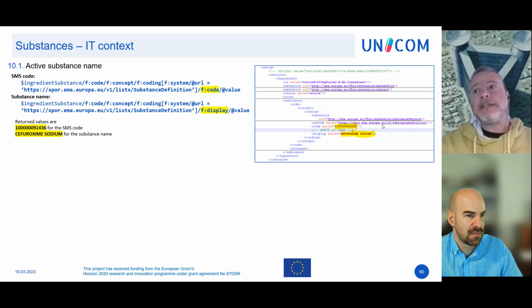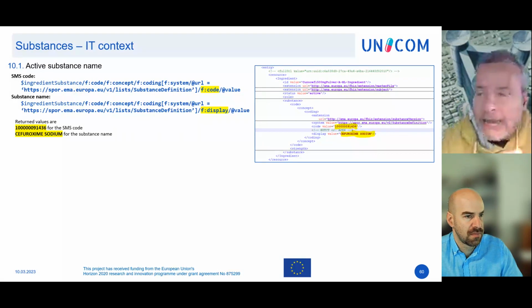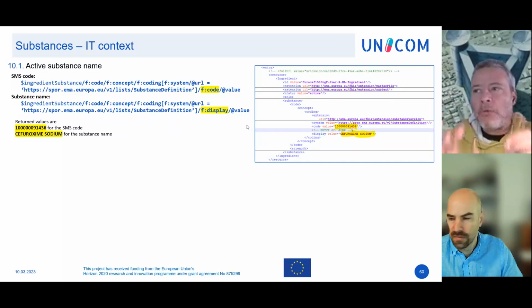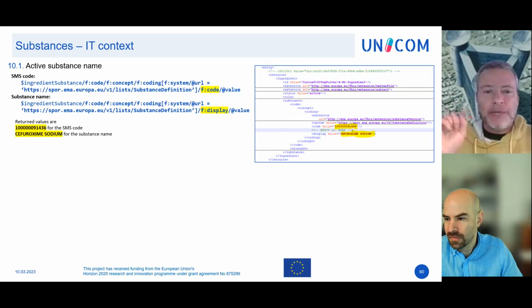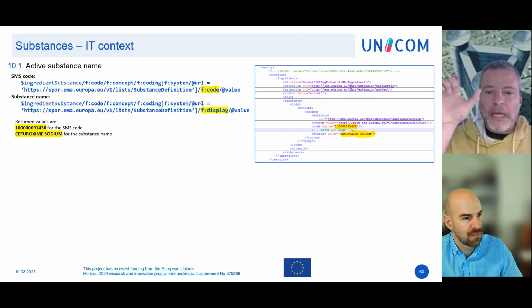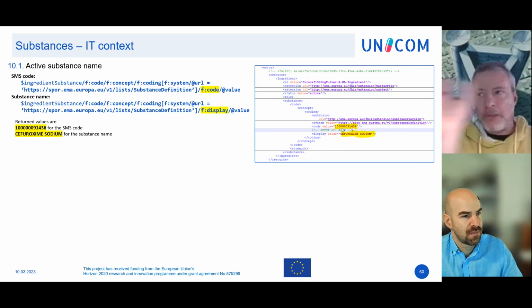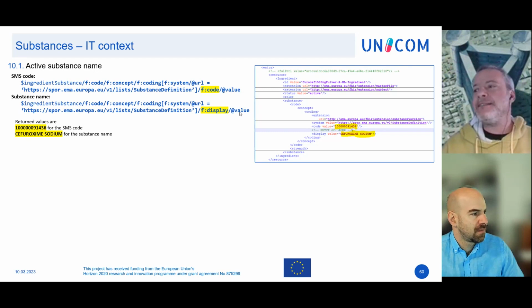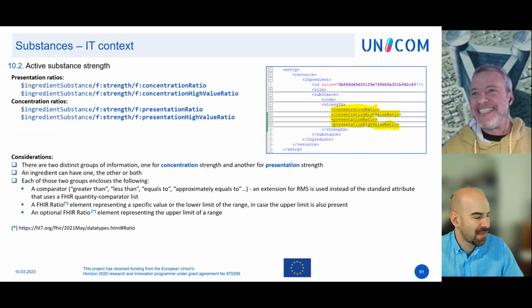In both cases, we will always use the value attribute. One thing I forgot to mention is that in FHIR, all the data is always contained in attributes. So all your queries that point to data will always have the last segment of the route starting with an @ sign. And Noel, I think we finished in time, yes.